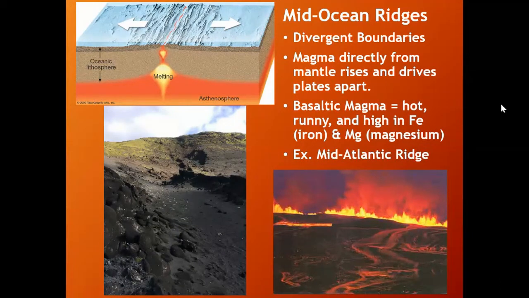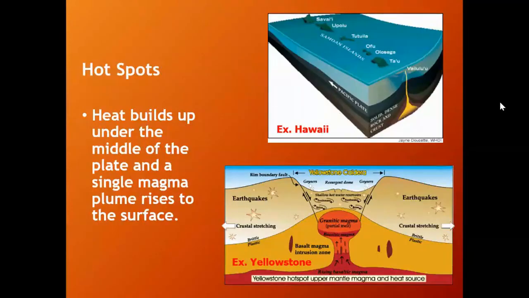What type of volcano would be the Yellowstone volcano? Great question. Those are hot spots, and that's our last type of environment. Our last type of volcanic environment are hot spots. Heat builds up under one isolated pocket of magma coming from the mantle. A big blob of magma constantly fed by the deep mantle,